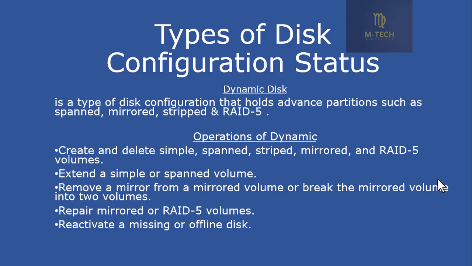Then we have the third point: remove a mirror from a mirrored volume or break the mirrored volume into two volumes. Then the fourth point is to repair mirrored or RAID 5. And the last one is reactivate a missing or offline disk. So when you apply dynamic disk as your disk configuration, these are the operations that can be done on that particular hard drive, whether being SSD or